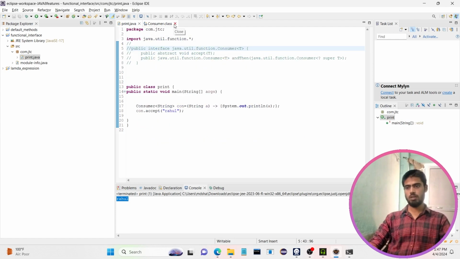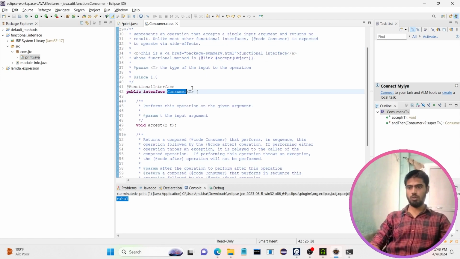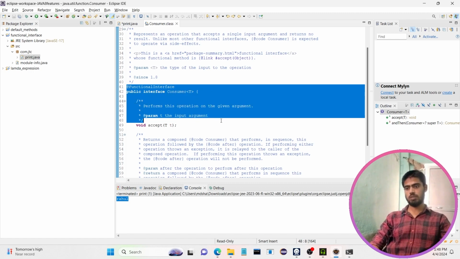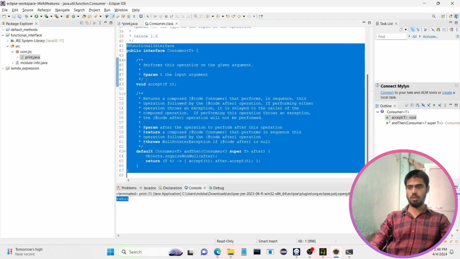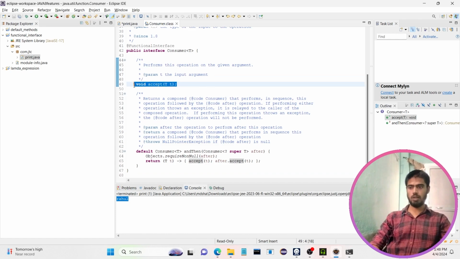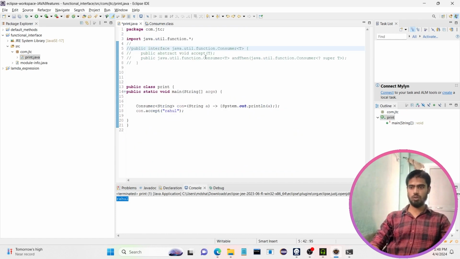So here what I did, it is a functional interface. If I press Control and click on Consumer, then I am going to jump to this file, Consumer.class, where the internal built-in functional interface is present. So here you can see the accept single abstract method is there. If I am going to jump into this function package, in which there are going to be multiple functional interfaces, so I am clicking Control, but it is not working. So let's say